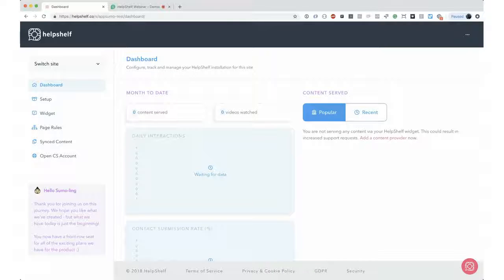So this first page, I'm just going to skip over because it's clearly going to be empty until we have things working. But just to give you a sense as to some of the things you can start doing in terms of reporting, once you combine your help resources, your contact button, and all those sorts of things within that Help Shelf widget, over time, we're actually logging and tracking the interactions that your users, your website visitors, are having across your site. So we can give you information on how many videos they're watching, what sort of content they're looking at,